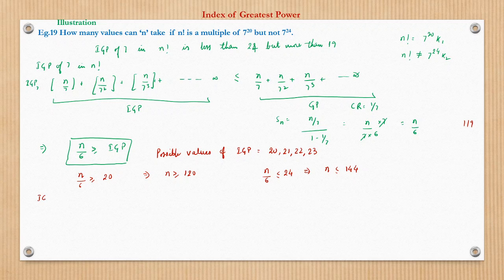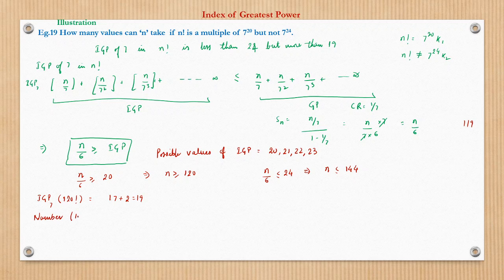IGP of 7 in 120 factorial would be how much? So it is nothing but 17 sevens are 119, and 17 divided by 7 is 2, so it gives 19. So this is not a possible case, because IGP has to be at least 20, right? So I mean on the numbers, therefore